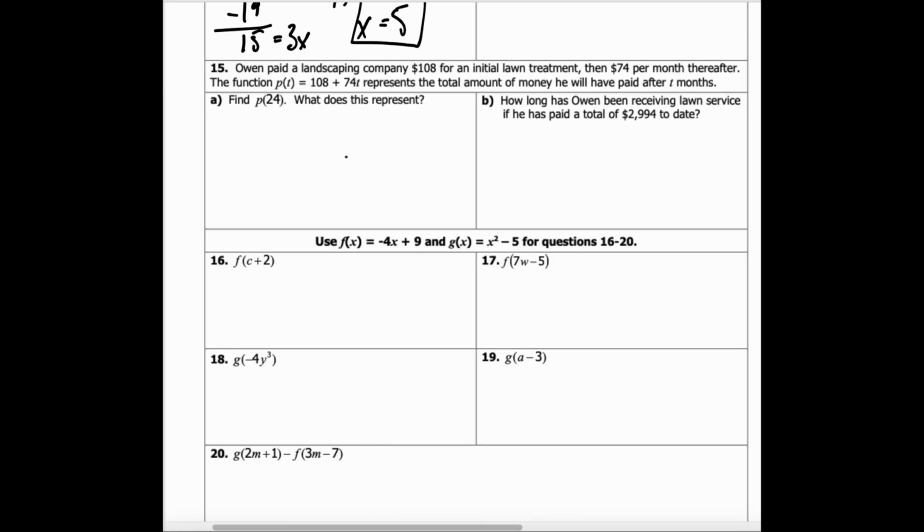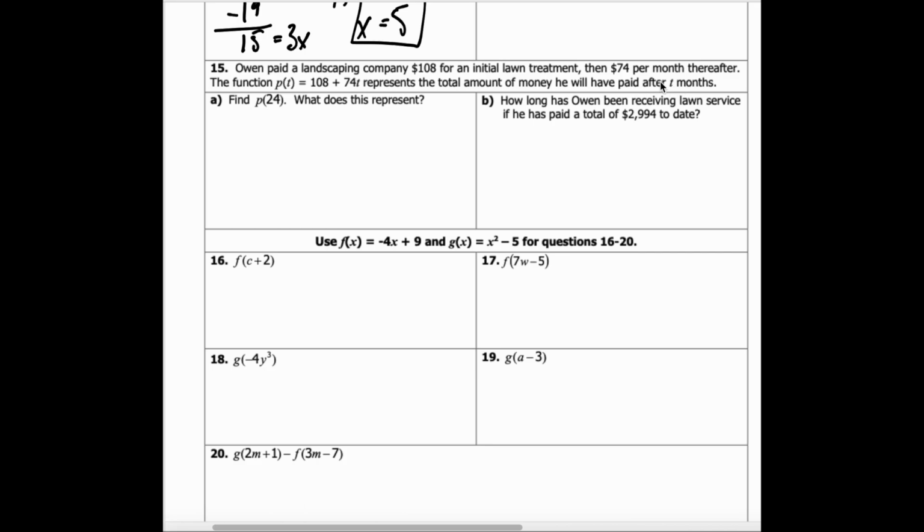All right, let's take a look at number 15, parts A and B. And now we have a word problem, and word problems are the foundation, or really the point to understanding a function. Okay, you need to be able to set up your equation and know how to use that equation. So it says Owen paid a landscaping company $108 for an initial lawn treatment, then $74 per month after that. The function P of t equals 108 plus 74 times t represents the total amount of money he'd pay after